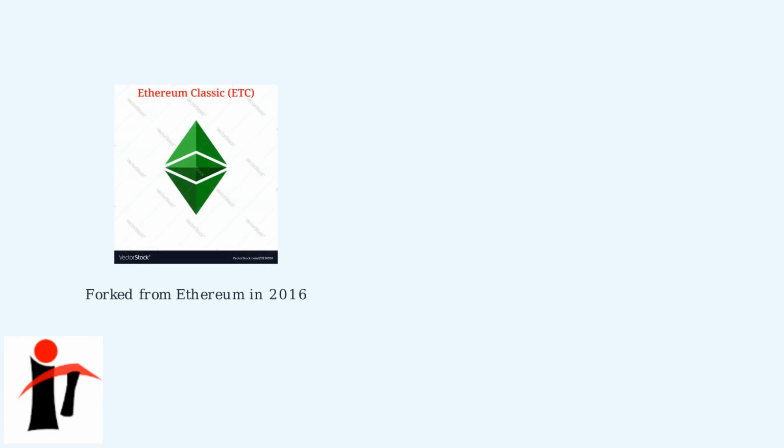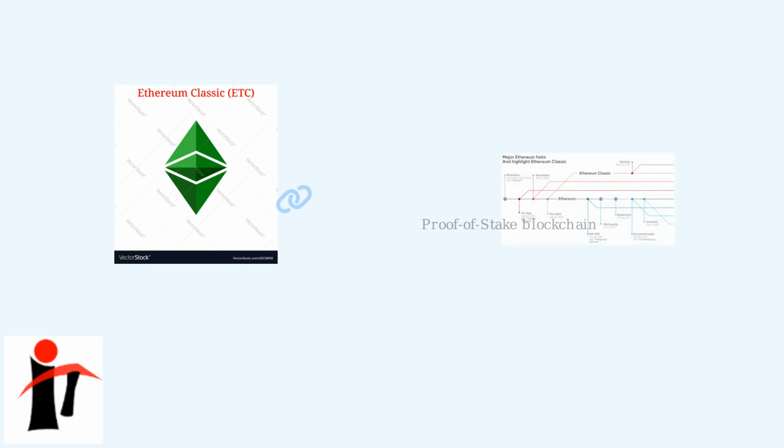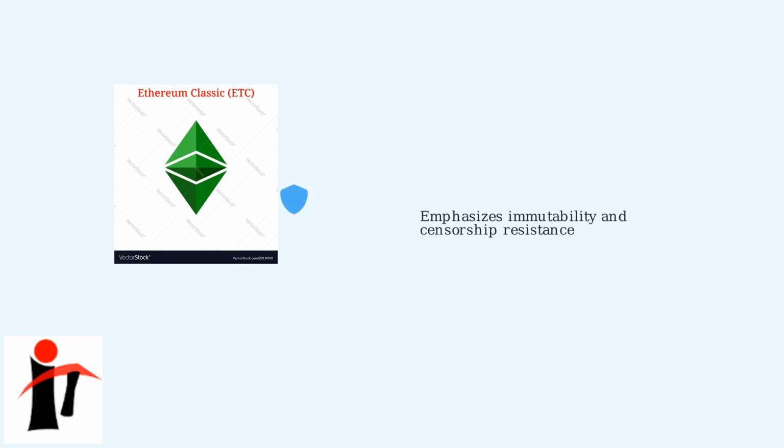Ethereum Classic, or ETC, is a decentralized blockchain that was created as a fork from the original Ethereum network in 2016. ETC now operates as a proof-of-stake blockchain, which is more energy efficient than the original proof-of-work system. What makes ETC unique is its strong emphasis on immutability, meaning transactions cannot be changed, and censorship resistance, ensuring no single entity can control the network. Importantly, ETC operates on its own separate blockchain and is not an ERC20 token on the Ethereum network. When depositing ETC, always ensure you are using the Ethereum Classic network, not the regular Ethereum network, to avoid losing